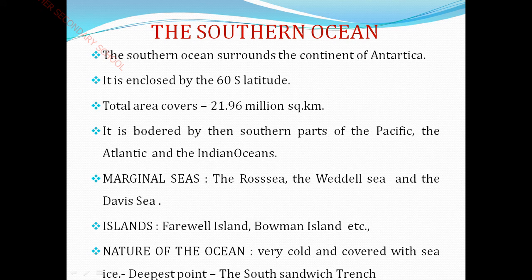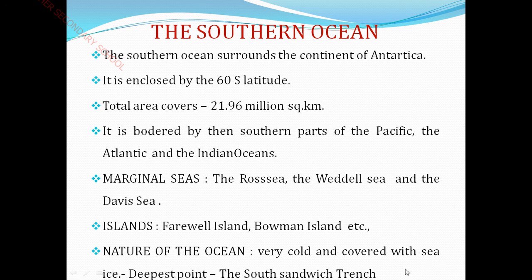Okay, the deepest point in the Southern Ocean is called the South Sandwich Trench. What is the meaning of trench, children? A trench is a long narrow hole dug in the ground for water to flow along.